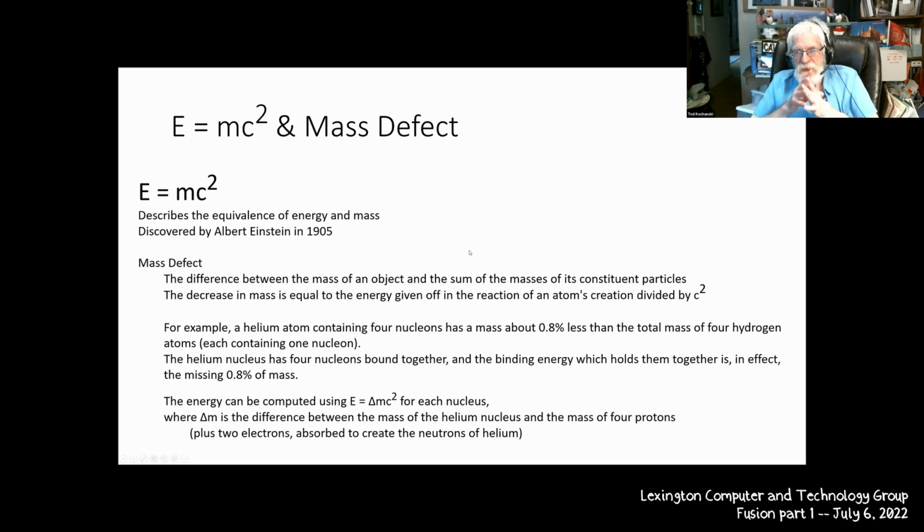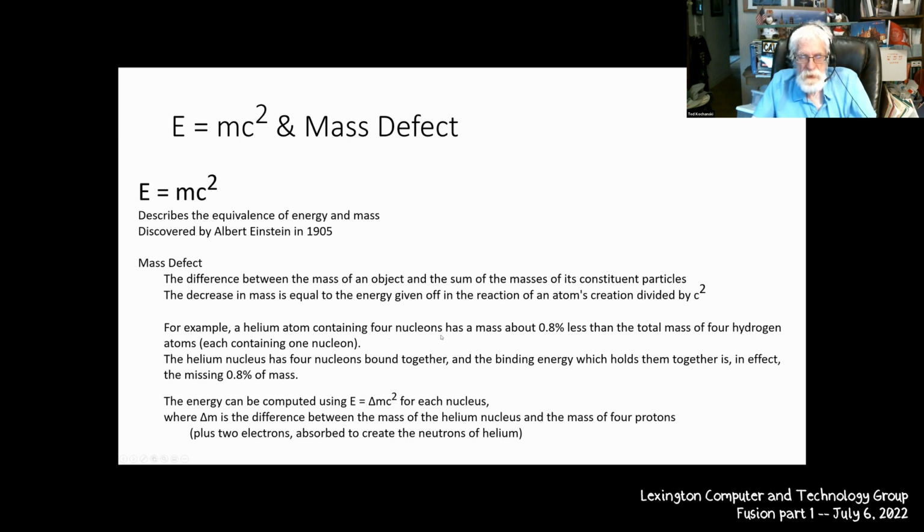The reason that fusion is interesting is this so-called mass defect. Einstein basically discovered this when he discovered the equivalence of energy and mass, and published in 1905 the famous E equals mc squared. And the mass defect is the difference between the mass of the things that are in, the gozintas, and the mass of the gozoutas, or in this case, the constituent particles of the nucleus, for instance. And